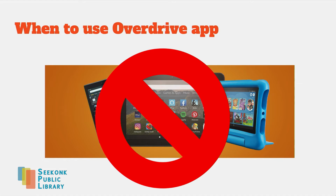And to make matters worse, you can still see sometimes both of those apps available when you go to your app store. Now, why is that? One reason is that the Libby app is unfortunately not compatible with Kindle Fire devices, unlike the classic Overdrive app. Now, does that mean that you should get the older Overdrive app if you're using a Kindle Fire? My answer to that is no. For Kindle Fire devices, in fact, it's much easier to use your browser and go to the website SAILS.overdrive.com to